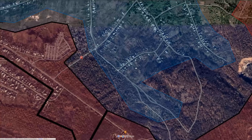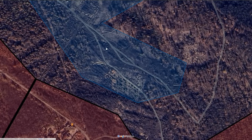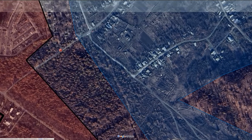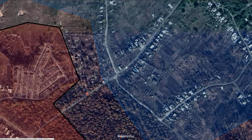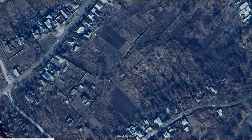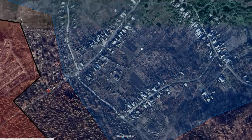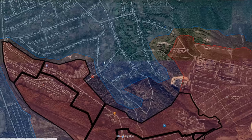If we take a better look, we see that in the southern direction there are multiple trenches and fortifications of the Ukrainians, while here in the Svedova Street there really isn't that much from what we can see. This is old satellite imagery, so there could be more here today, especially looking here, there could be some being developed. But we do see that the Russians have started operations in this direction, and with this